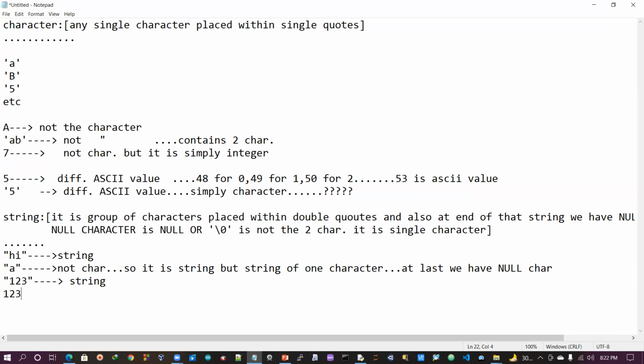If I'm writing anything in this place, yes, it is a string. But if I'm writing this one, this is not a string. This is an integer. Got my point? Anything placed between double quotes is a string. Remember, and what is happening in the memory? In memory representation,